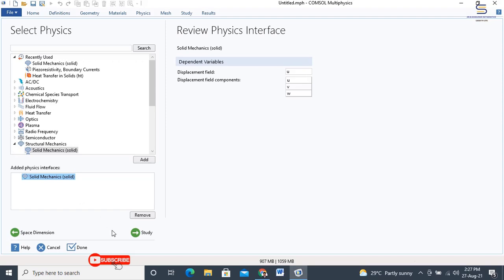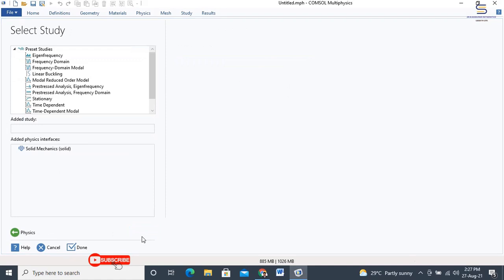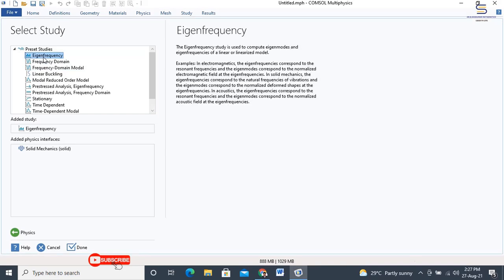Now we will engage in the study of eigenfrequencies. In the preset studies, locate the first option, eigenfrequency. Then click on done.